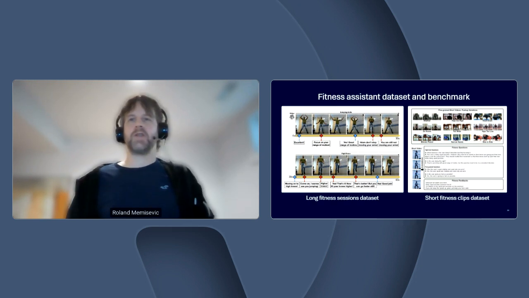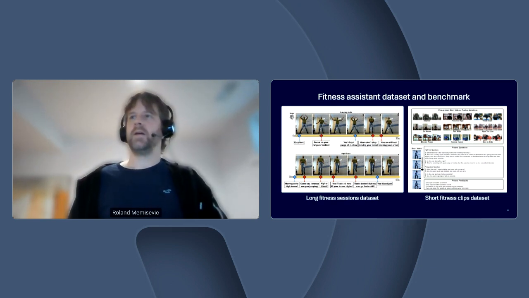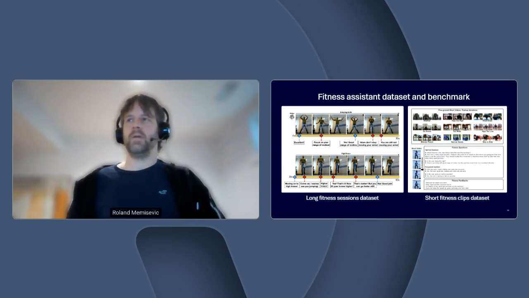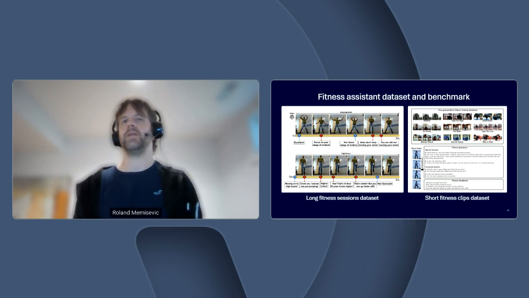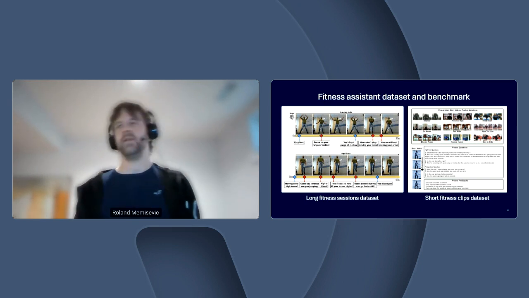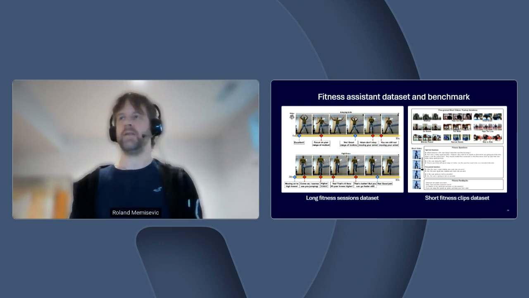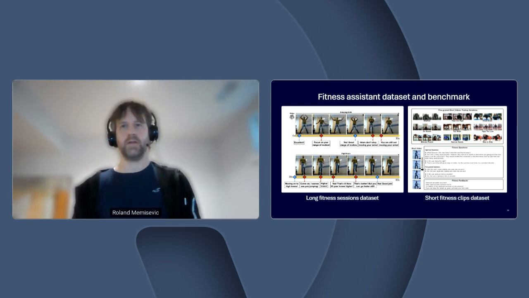Just a quick picture to show you what the data looks like when you download the zip file and open it. So you have video frames for the long videos here shown on the left, and alongside that you have comments from the model that tells the user when they're doing well, and that also tells the user what they should change. So it's not just positive feedback, it's also understanding mistakes, and then also understanding whether the user did or didn't fix the mistake that the coach has called out.